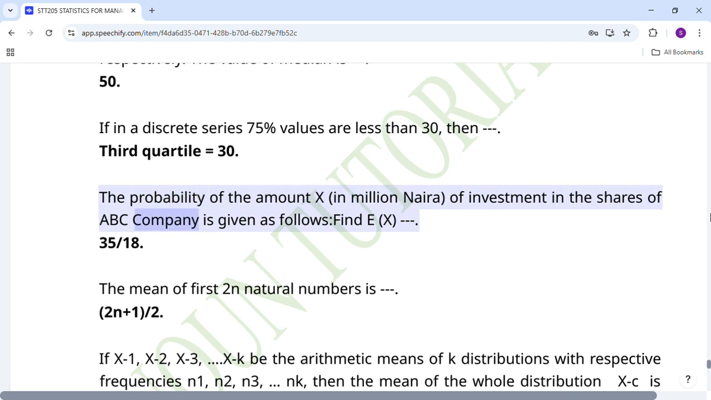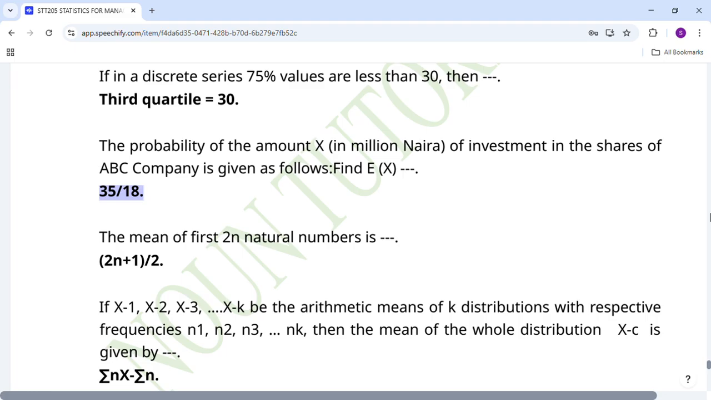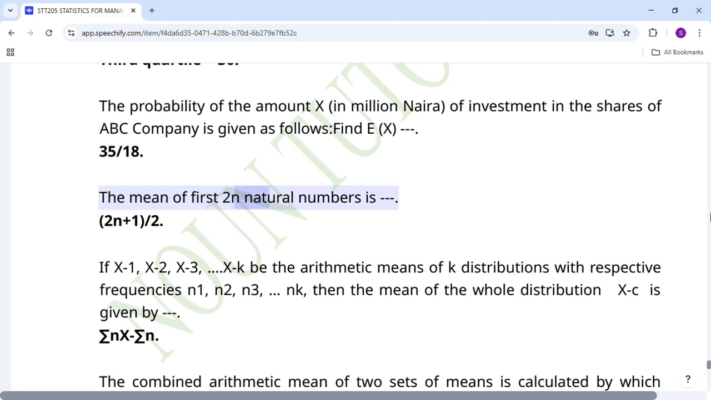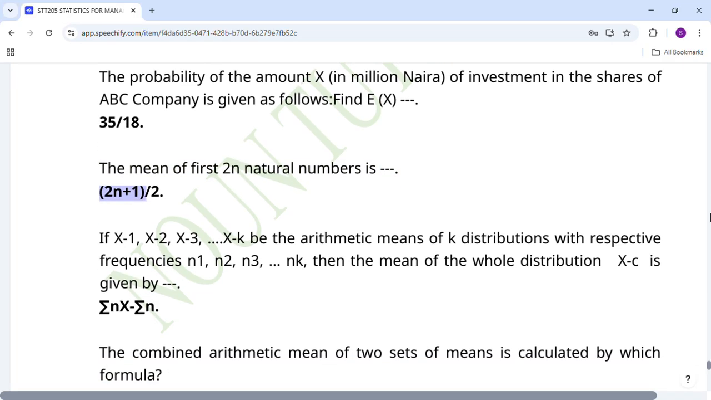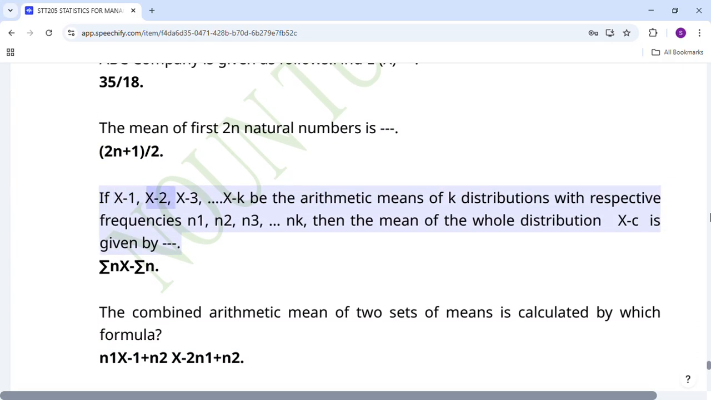company is given as follows. Find E(X): 35/18. The mean of the first n natural numbers is (n+1)/2. If x1, x2, x3, ..., xk are the arithmetic means of k distributions with respective frequencies n1, n2, n3, ..., nk, then the mean of the whole distribution x̄ is given by